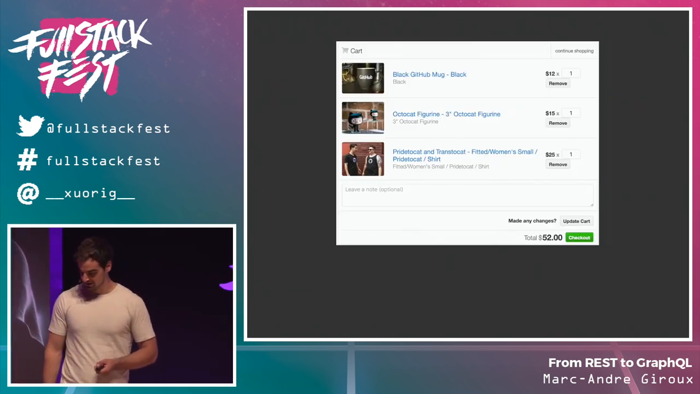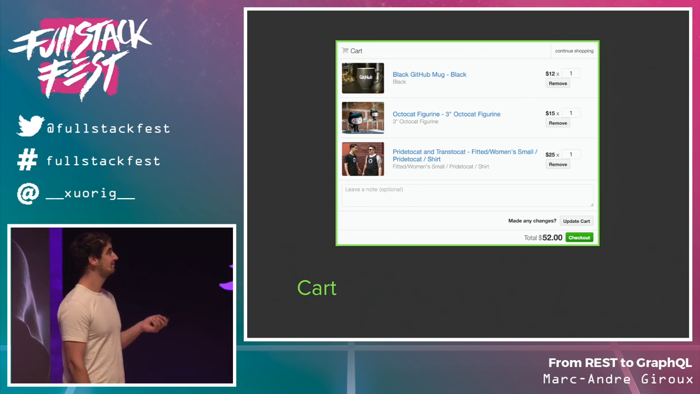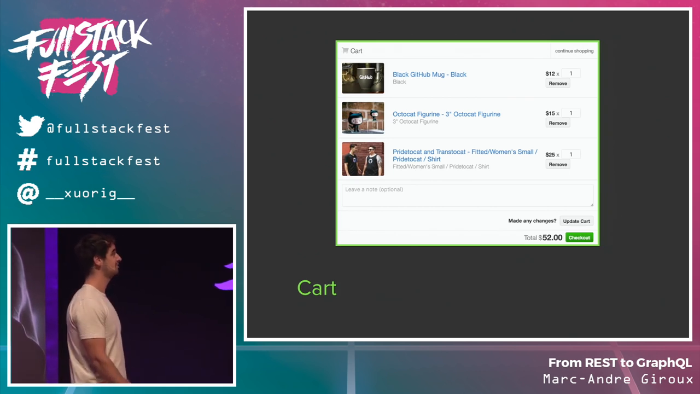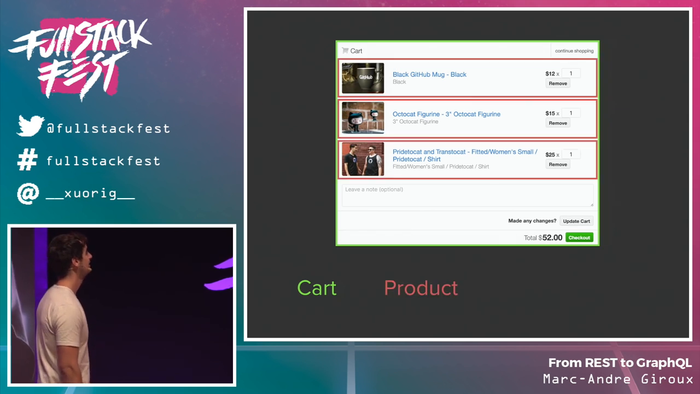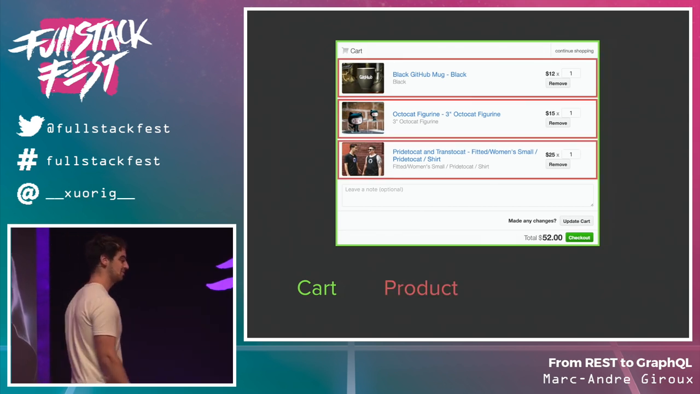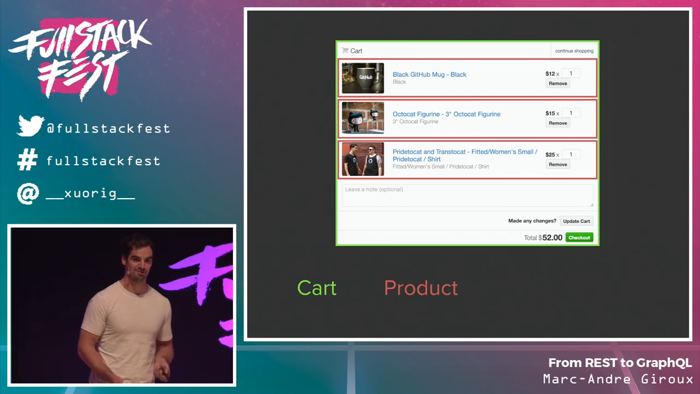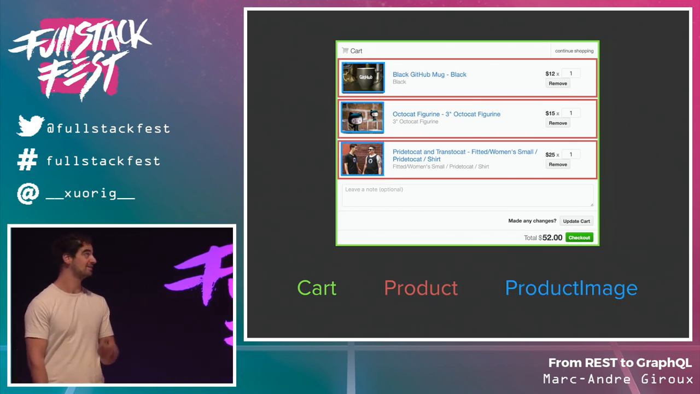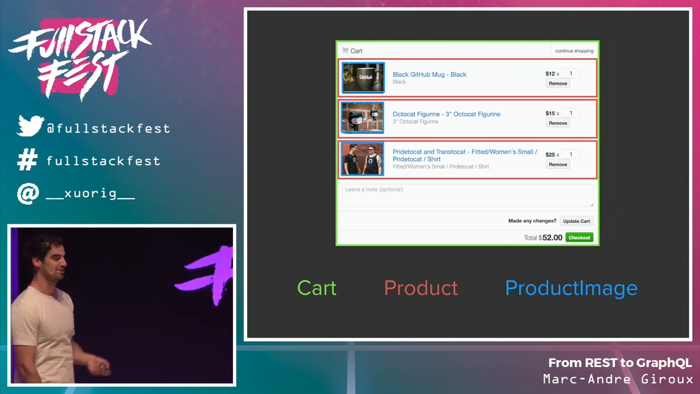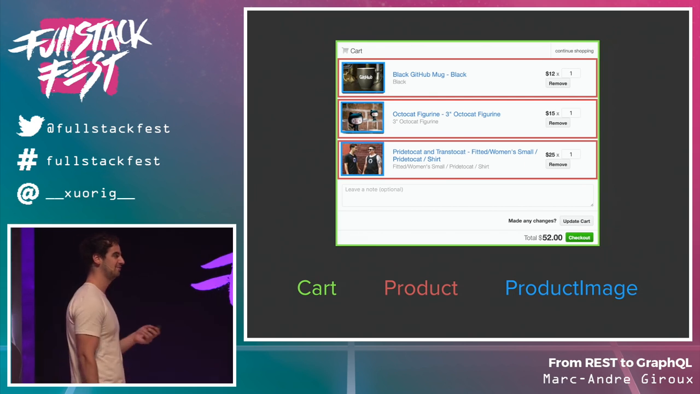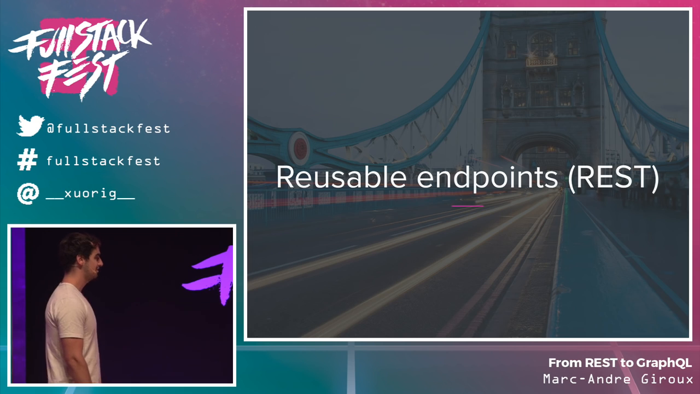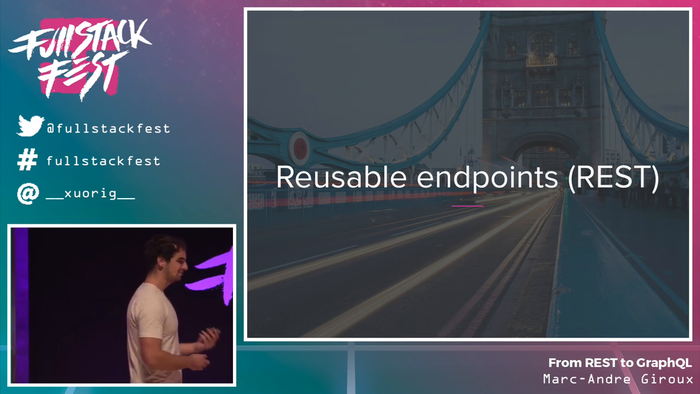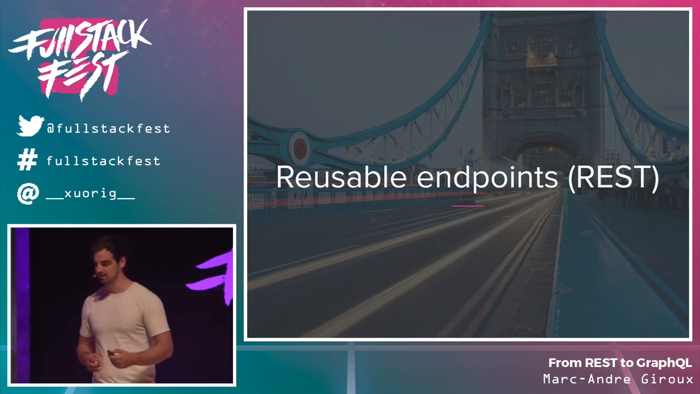So we have a cart resource, probably with a total, and it has products. We have the products themselves, which probably have a title, description, price, a bunch of other things. And maybe also a product image that's going to contain the URL of the image and any metadata we need. So using reusable endpoints, something like REST,